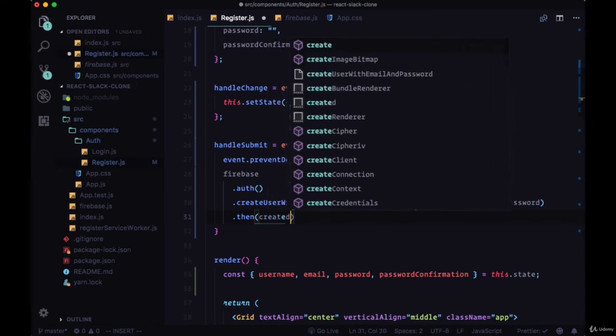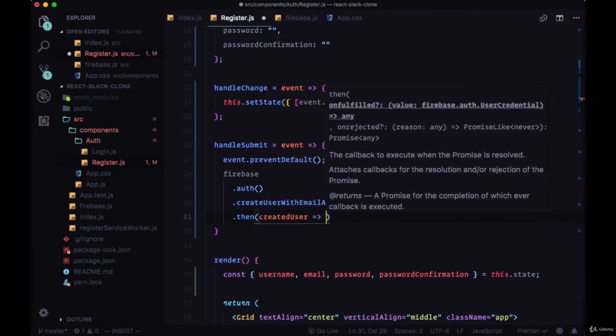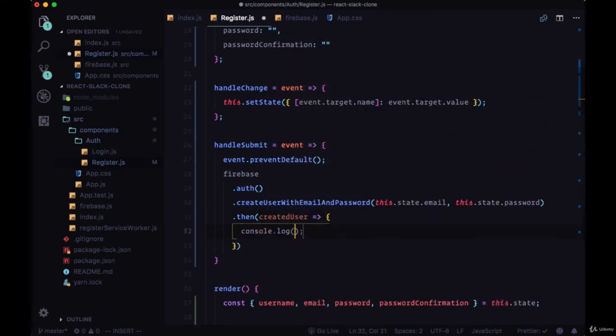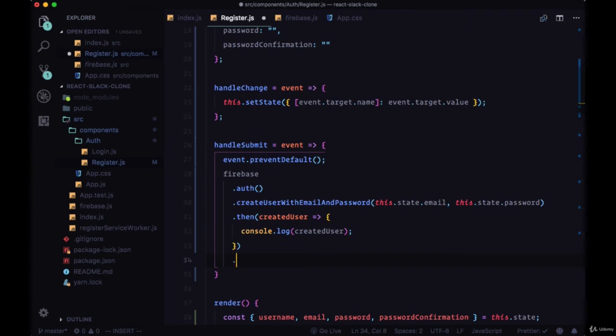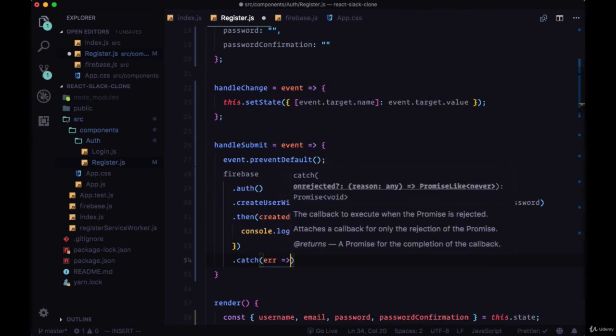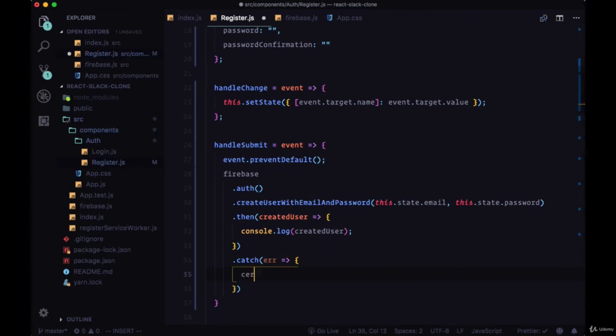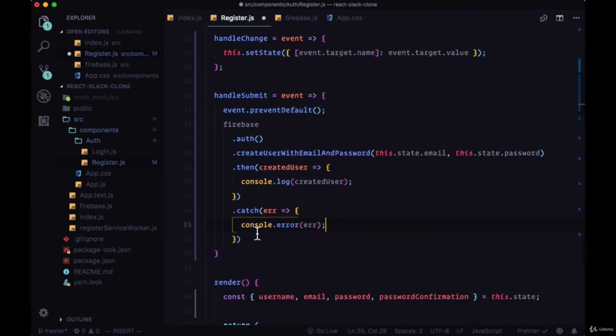And since this is a promise, within a then statement, we can get back the user that's created by Firebase. And for now, we'll just log that as created user. And after the then, we'll catch any errors with this catch statement. We'll pass through any errors to a simple console.error. So we'll save that,